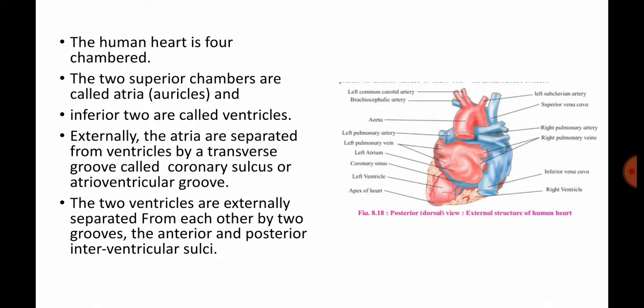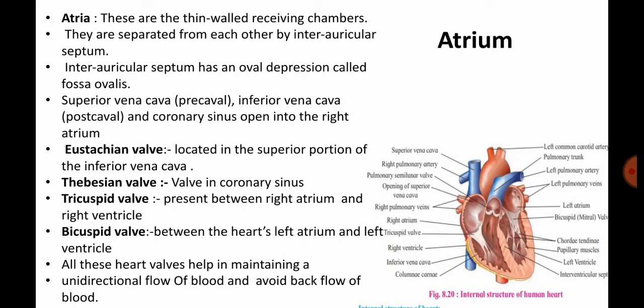So in this lesson we are going to learn about the complete internal structure of the human heart. Going to the human heart, the upper 2 chambers are called the auricles. If you consider this a heart, this is the right side of the heart and this is the left side of the heart. The upper 2 chambers are called the auricles and the lower 2 chambers are called the ventricles. So this is the right auricle and this is the left auricle. This is the right ventricle and this is the left ventricle.